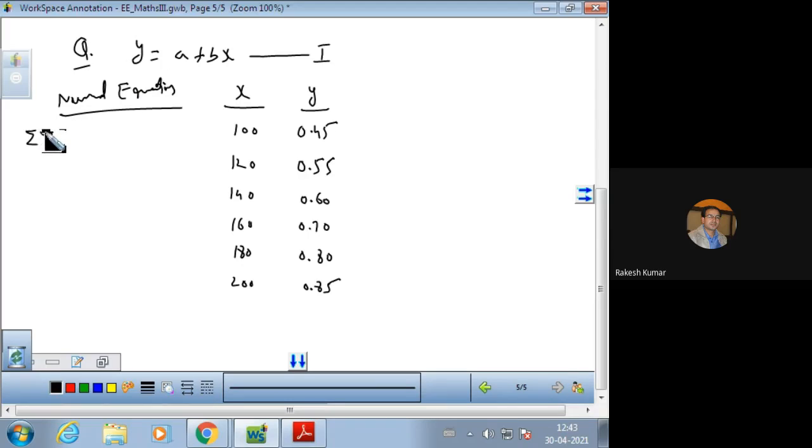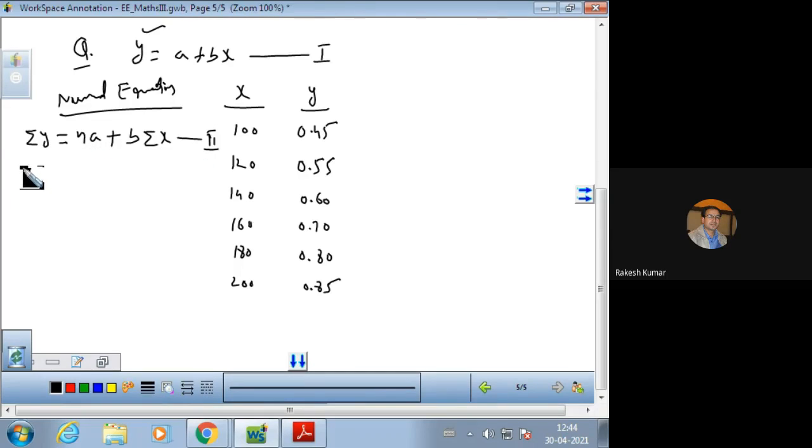So y can be named as sigma y, and a is without any variable, either dependent or independent. With a there is no variable, neither x nor y. So in the normal equation there will be n, the number of items, 1 2 3 4 5 6, plus b is as it is, and x can be written as sigma x. This is your second equation. Equation number one is the equation of the straight line, and equation number two is the first normal equation.